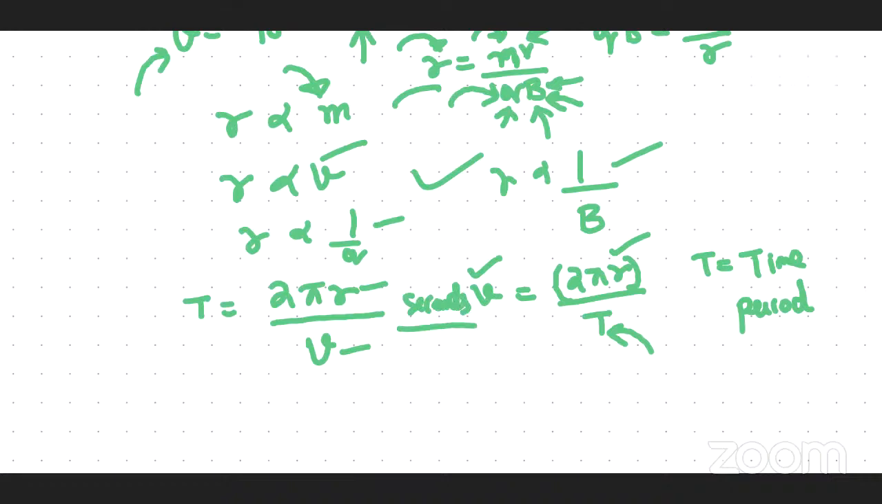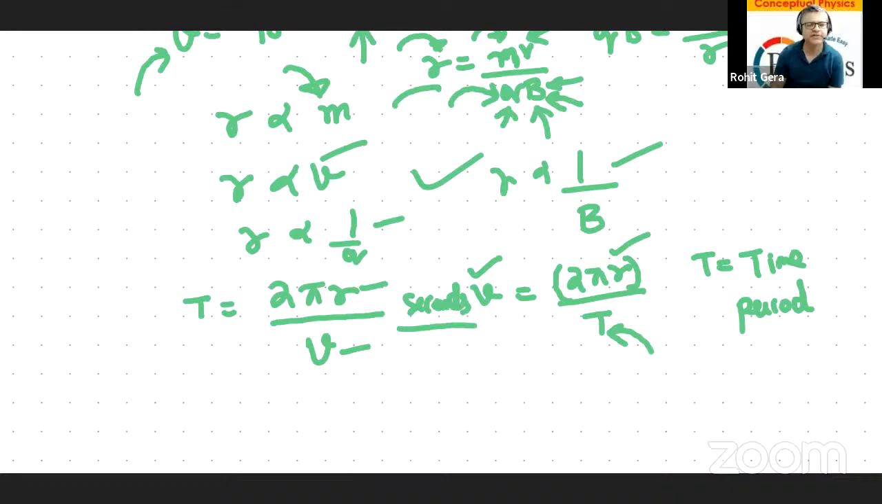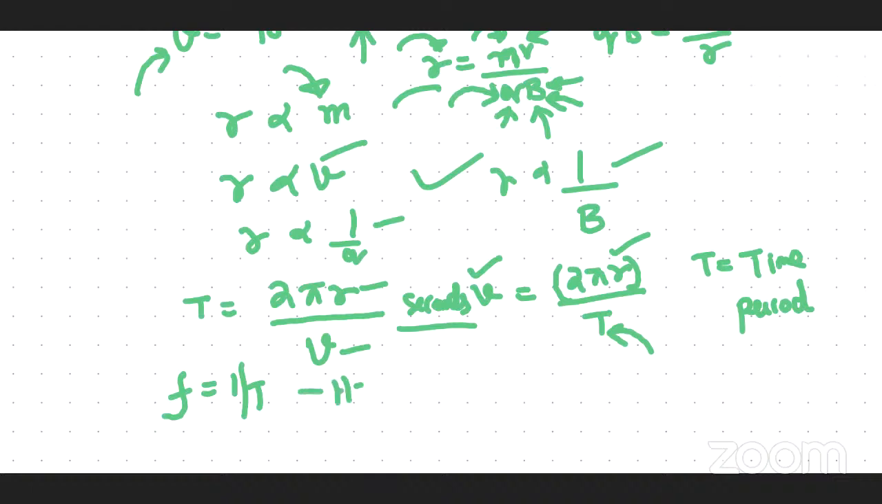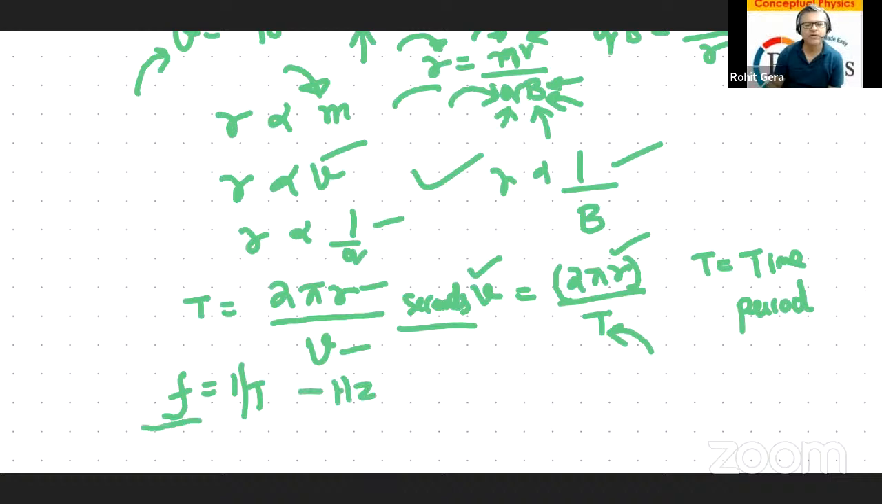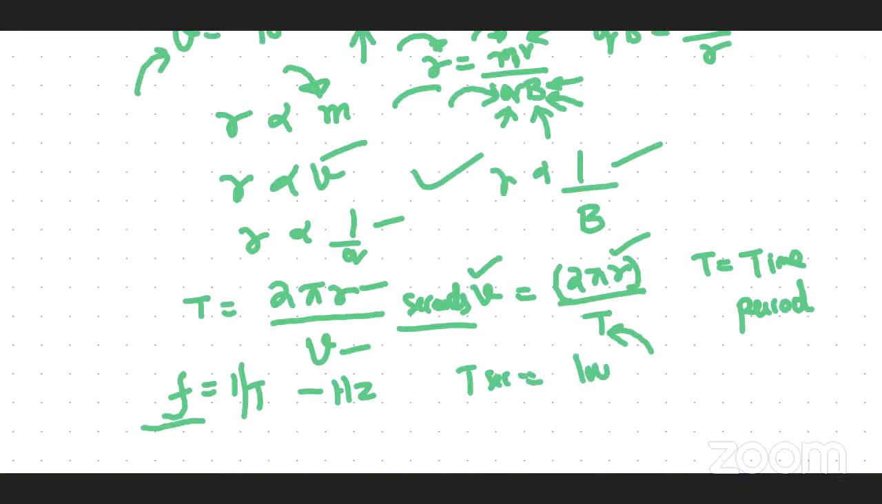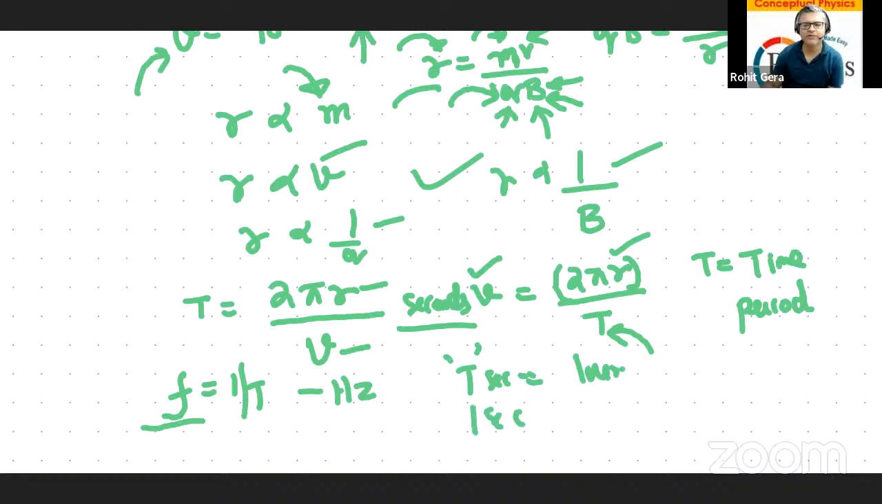If you do the reverse of this, you will get the frequency of revolution, which is how many revolutions per second, in hertz. This is frequency of revolution. In T seconds, you have one revolution. T is the time period, right? So in 1 second, you will have so many revolutions. And so many revolutions per second are known as frequency